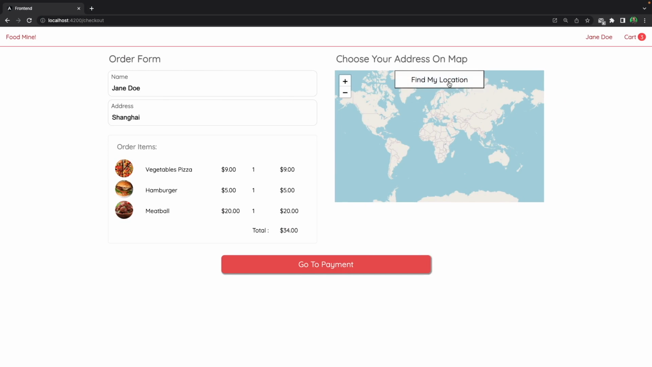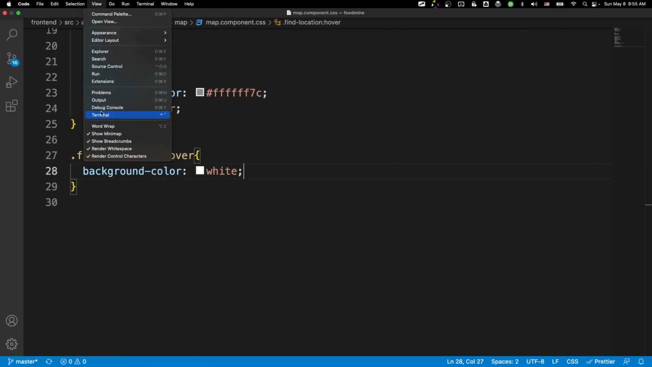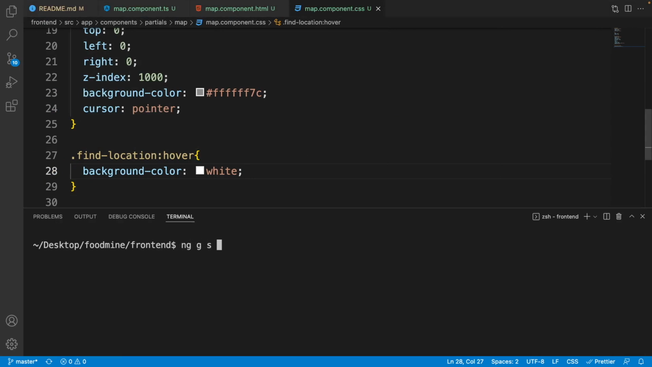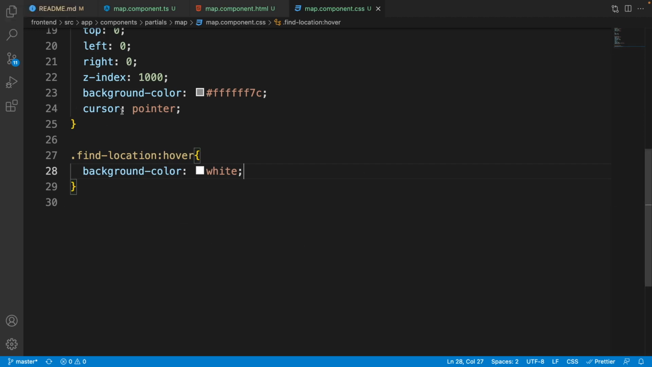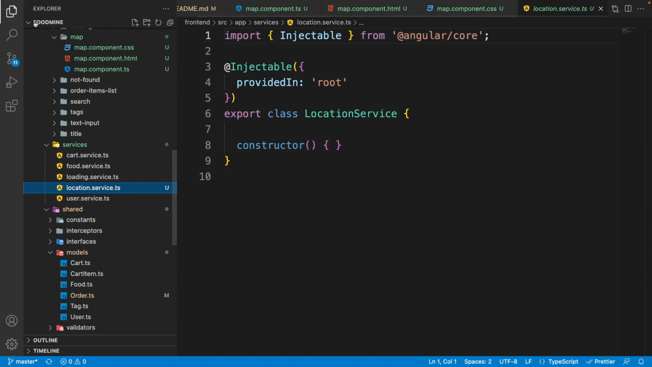Okay, now that we have our button, let's add the functionality to it. But for finding the default location of the user, we can use Navigator that is part of JavaScript. But I don't want to use it as JavaScript. I want to define it as observable inside the location service. So first of all, let's generate the location service. So from the view menu, select terminal and write nggs for generating the service inside services folder with the name of location. Then press enter. So here we can see that the location service is generated inside the services folder with the name of location